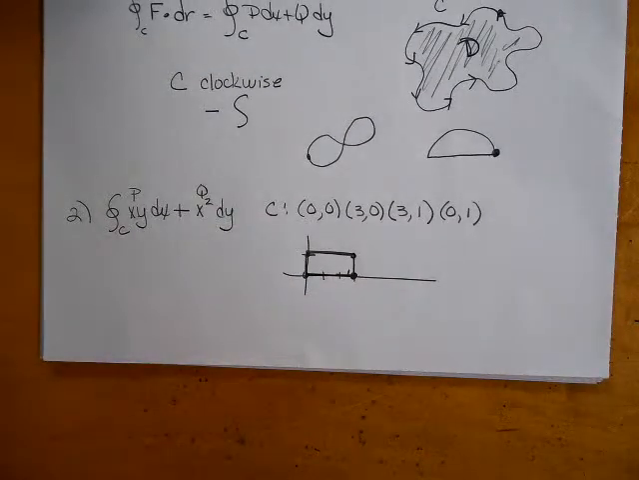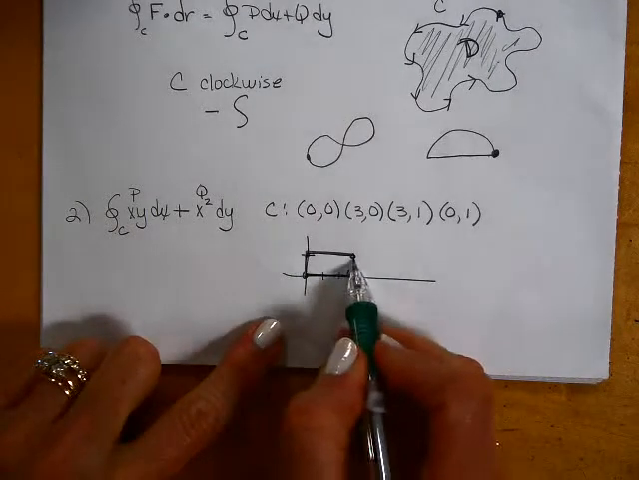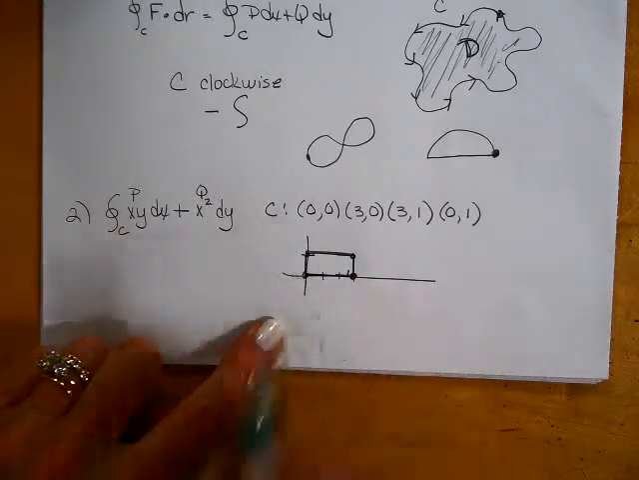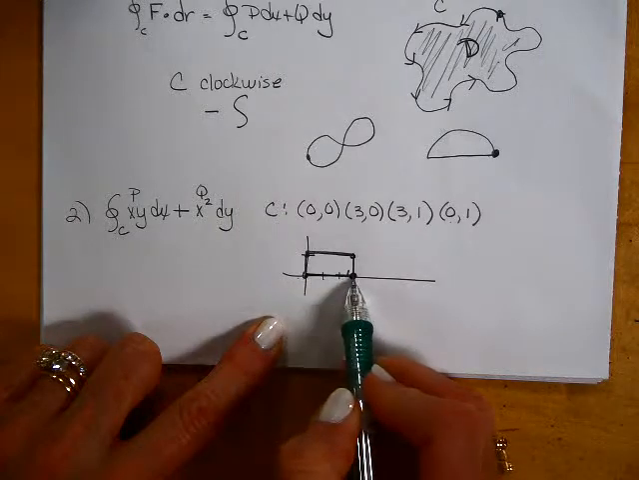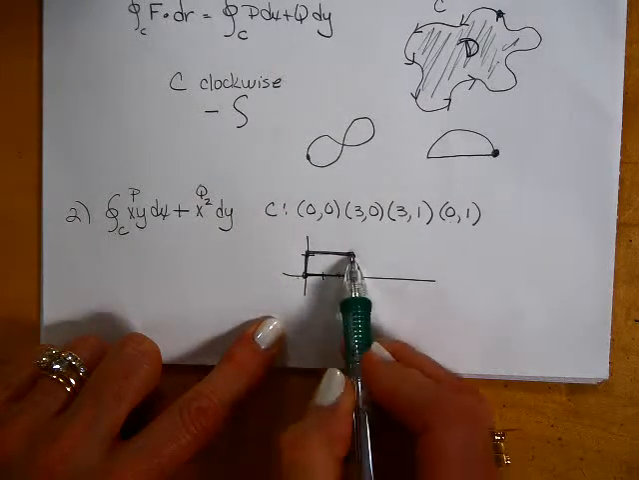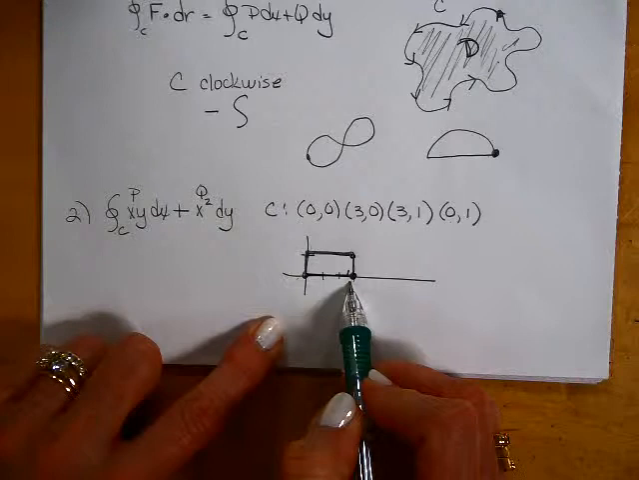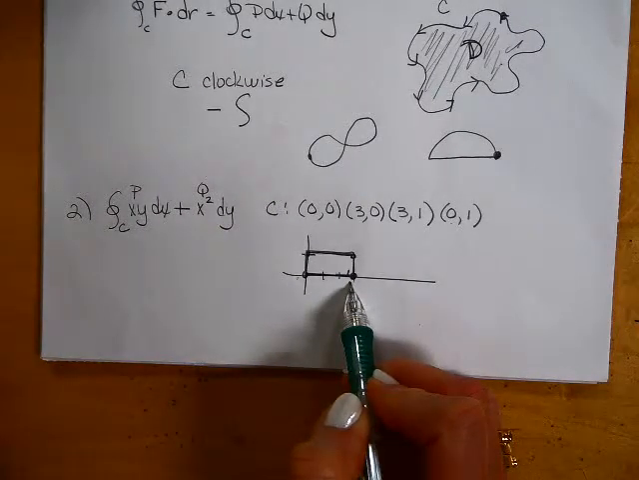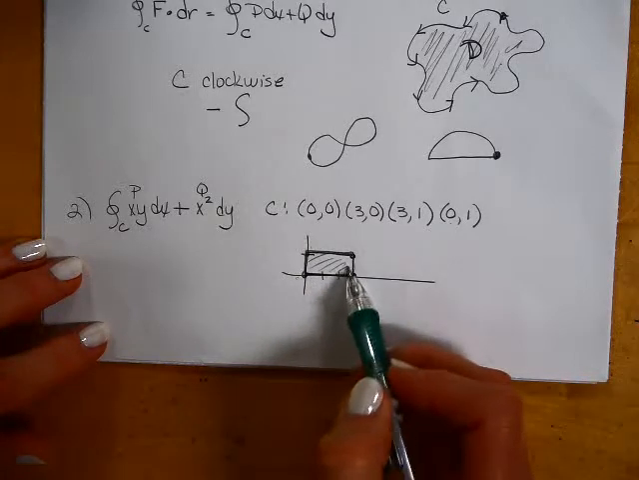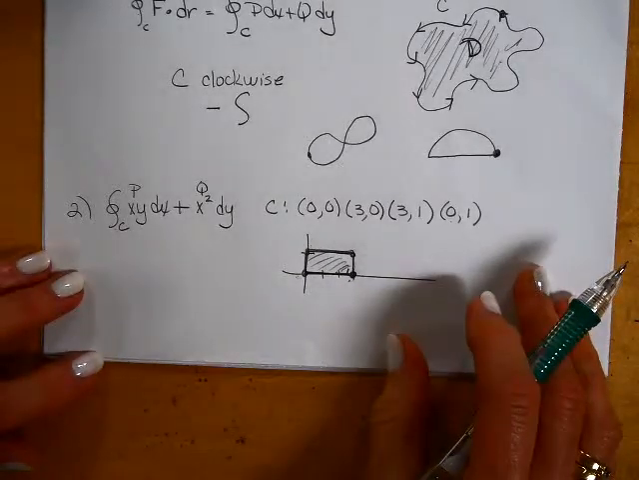Now, if we did not recognize that this was a simple closed curve, this has got a counterclockwise direction, because you look at the order they give you the points: (0, 0), (3, 0), (3, 1), (0, 1), you're going in a counterclockwise direction. So it is a positive orientation. So if you recognize that, and you recognize that it's closed, you can evaluate this integral by switching it to